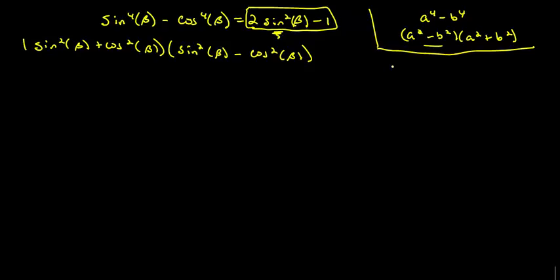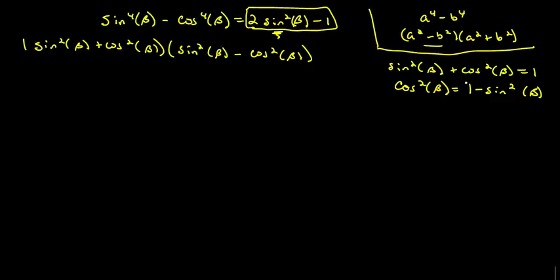Well, I know that the sine squared of an angle plus the cosine squared of that angle is equal to 1, which means that if I want to get rid of the cosines, I've got the following. The cosine squared of the angle is equal to 1 minus the sine squared of the angle. So what I'm going to do is this chunk right here, I'm going to insert it wherever I see a